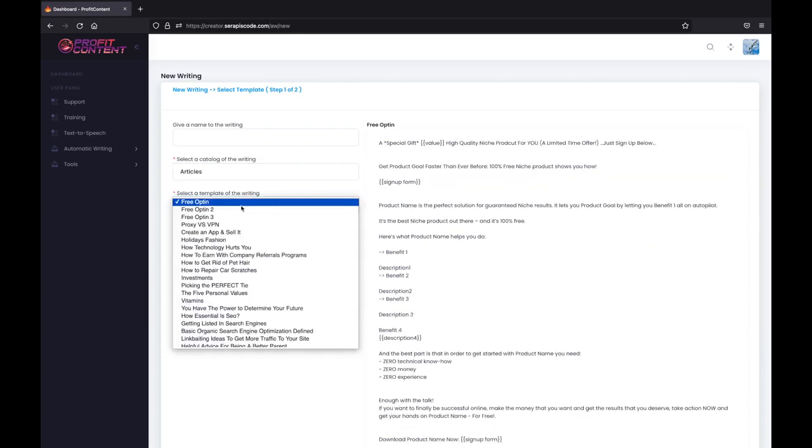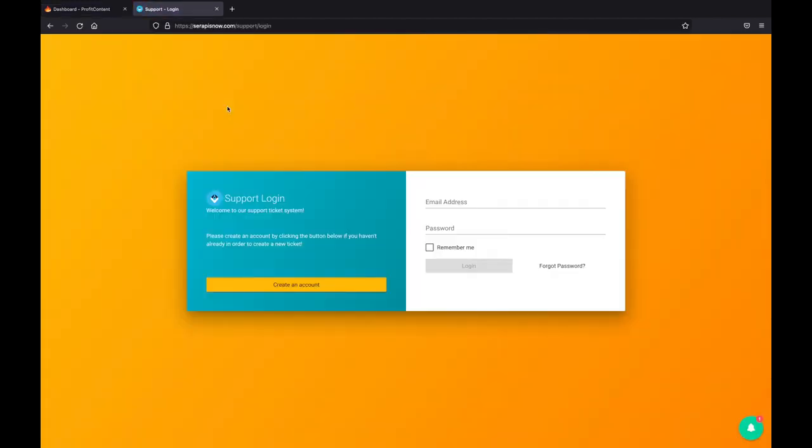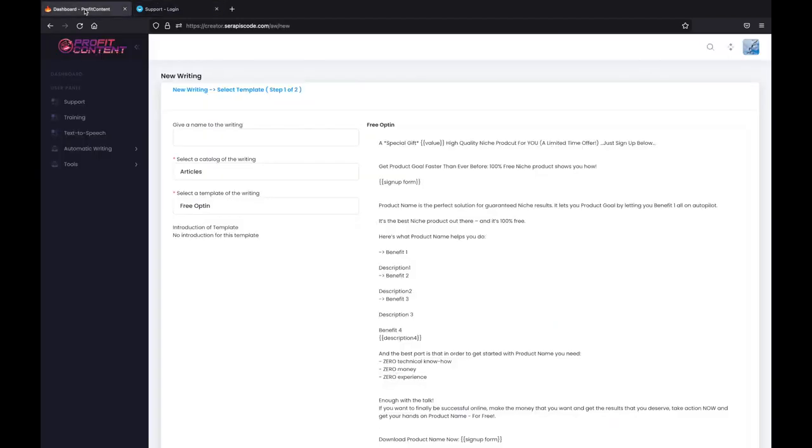you can leverage the power of Profit Content and sell these amazing articles on sites like Fiverr, Upwork, all of which is included in our training right here. And with a one click to our support desk, getting into Profit Content is a no-brainer. Even more, if you want to access the full power of Profit Content with Profit Content Pro,